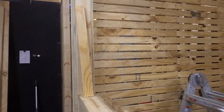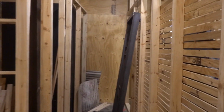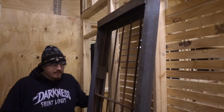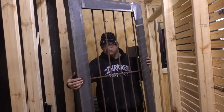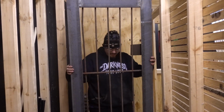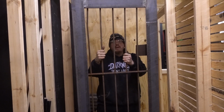Yeah, we don't want you to get any ideas, but we want to show you this scare that we made. Okay, look at this scare right here. Now, this scare right here is going to be installed right there. Let's take a look at this thing. Now, watch how scary this is. So they would come up to it, and this would be bolted into the wall, and they grab the gates, and